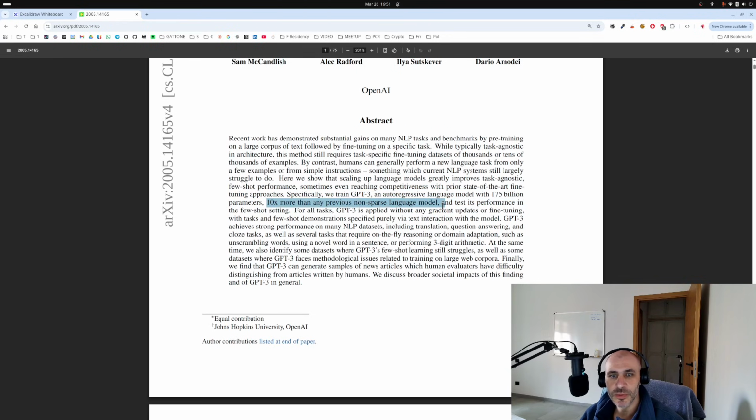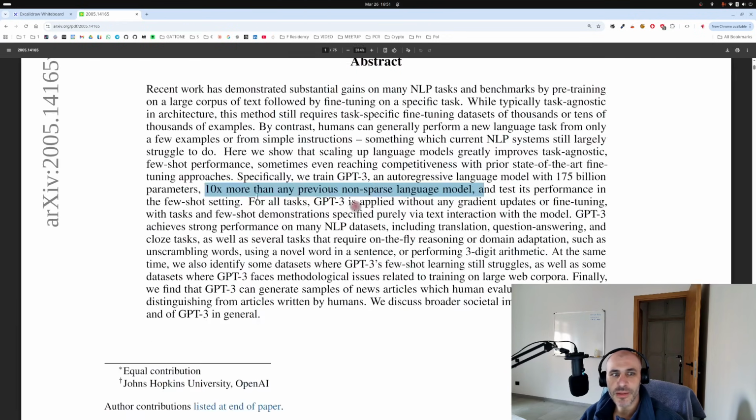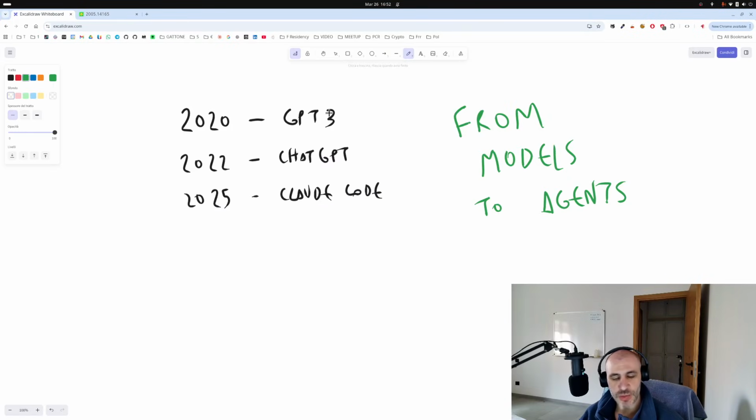This is the point of the paper: 10 times more than any previous non-sparse language model. So they scaled what was previously available as GPT-1 and 2. By scaling the size of the model, the data used to train it, and the compute used to compress the data into the model, they reached GPT-3.